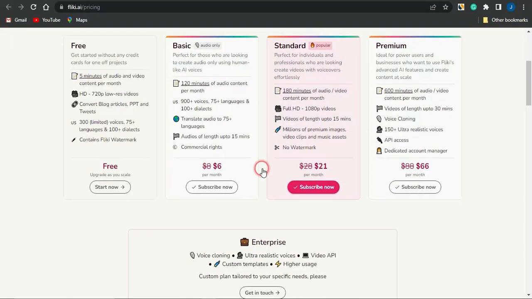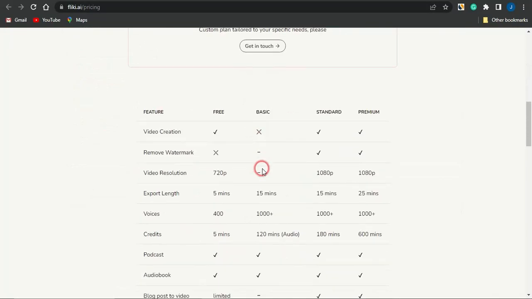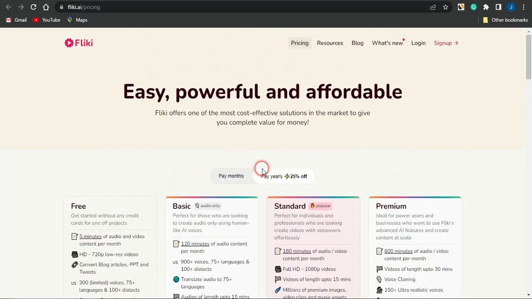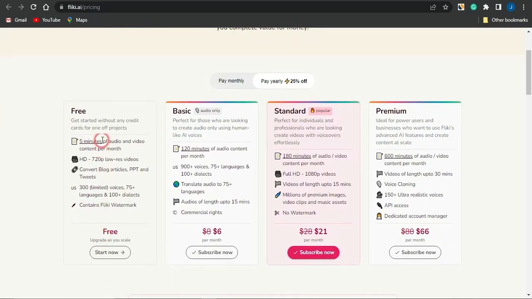where you can actually see more details about the pricing plans, and you could come right here, you'll see the features of each plan which can actually help you go on to selecting the right plan to go on to purchasing right here. And if you do register for any one of them right here, you do gain access to that. You can see right here that there's also a free plan, but the limitation to that is that you only do gain access to 5 minutes of audio and video content per month.